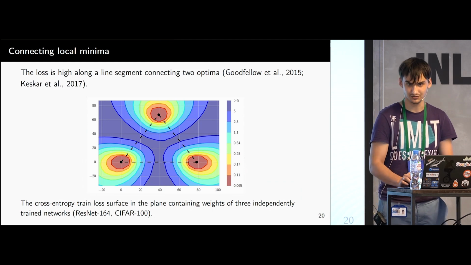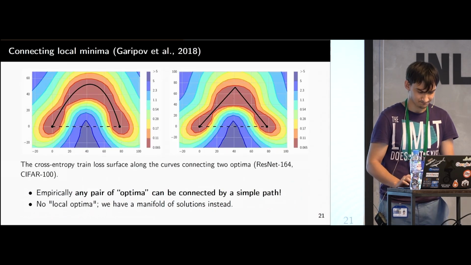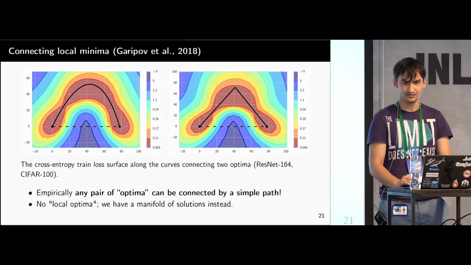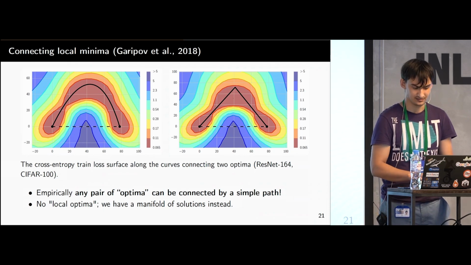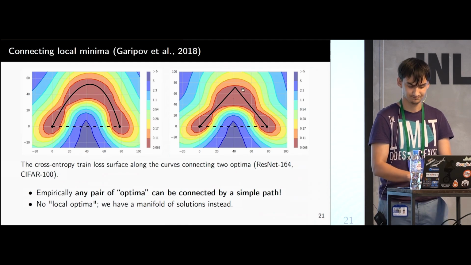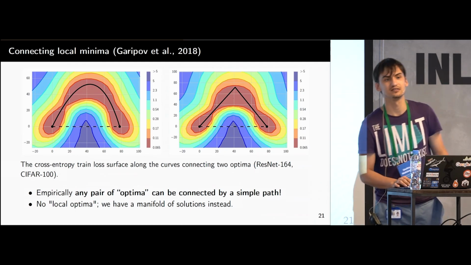The loss of a neural network is not a set of disconnected local optima. It turns out that you can take any pair of local optima and connect them using a very simple path, like this Y curve here, or this polychain with just 2 segments. And the training loss across these curves would be exactly the same, right?